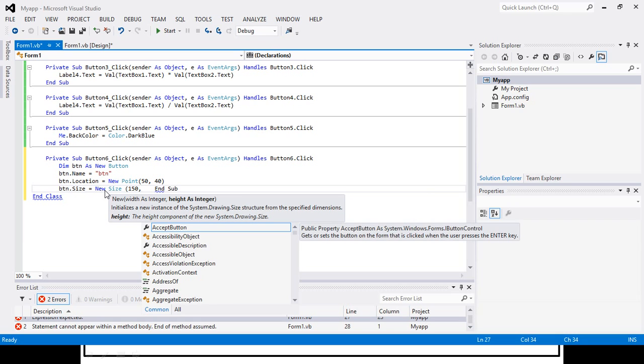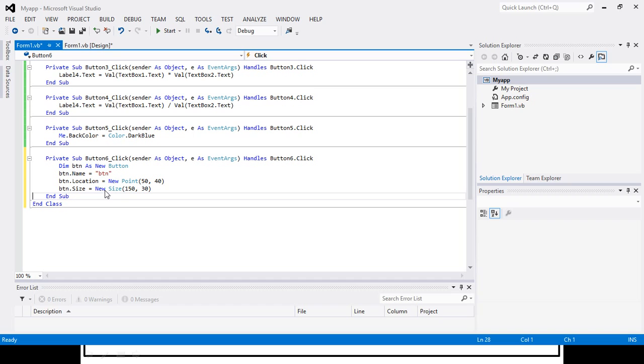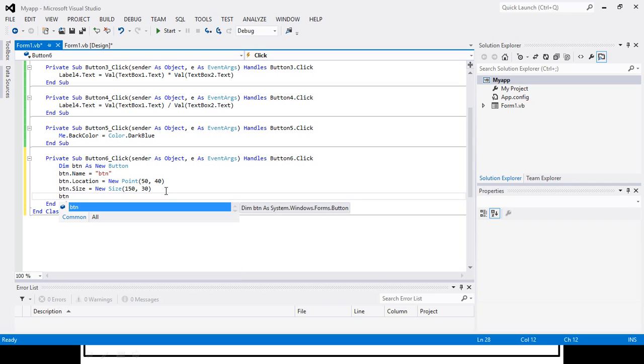This is the x-axis and this is the y-axis, that is the length and height. So these two properties we have set. The next property is text. What should be displayed on my button? So btn.Text is equal to, directly I will write whatever I want to display on my button.